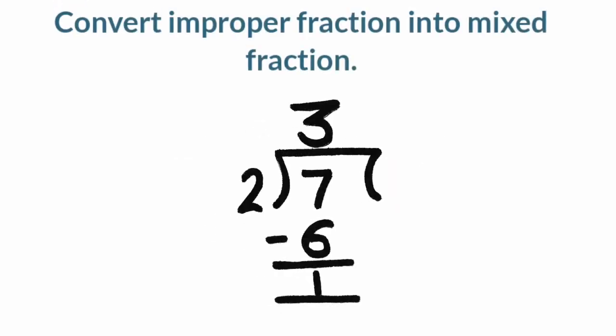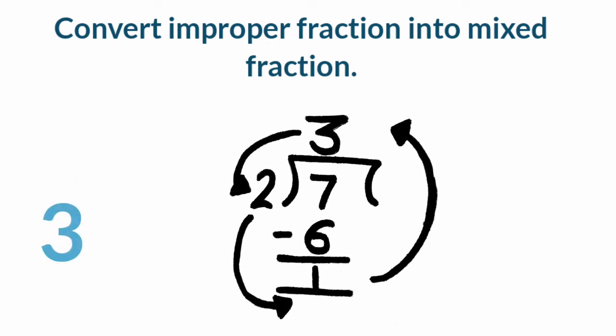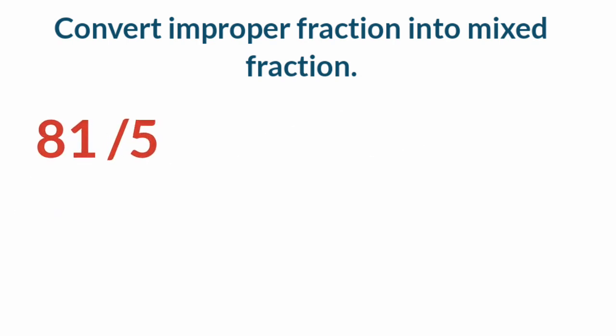When we divide 7 by 2, we will get this result. We have to spin the numbers anti-clockwise like this. Drag the number 3 to the left-hand side in place of 2, then drag the number 2 to the place of 1 and drag the number 1 to the place of 3 like this, and you will get the result 3 1 upon 2. Isn't it easy?